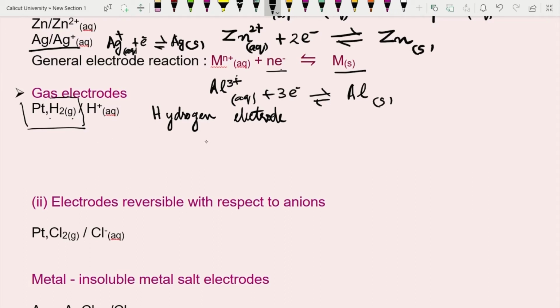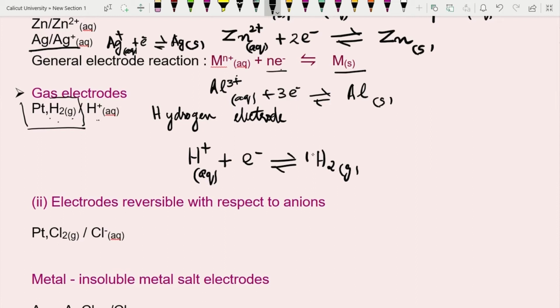Now, here what happens is, I will write the electrode reaction. The easiest way to write the electrode reaction is, you check both the sides. Here you have H plus ions, that is the oxidized state, and H2 is the reduced state, and we have to write the expression in terms of reduction. So, I will take H plus ion first, which is in the oxidized state, only to that you can add electrons. So, here H plus takes up an electron, giving hydrogen gas,